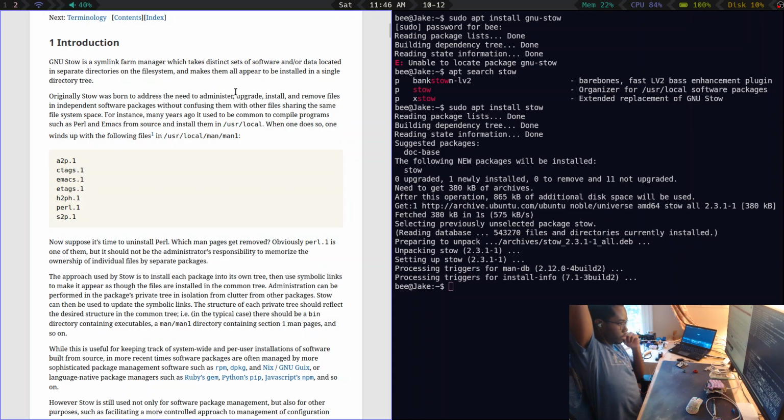GNU stow is self-described as a symlink farm manager, which isn't the most descriptive title. What stow does is create symlinks for all of the files and folders inside of the directory you pass to it. It then places these symlinks into the parent directory of where you run it. In the example on screen, you can see all of the symlinks inside of the parent directory are pointing to files and folders inside of the child one. This means by organizing all of our files in